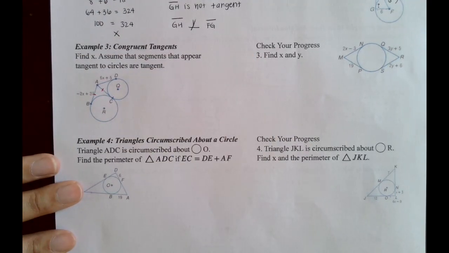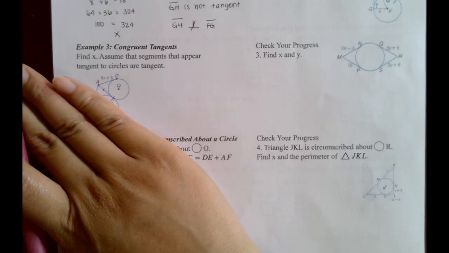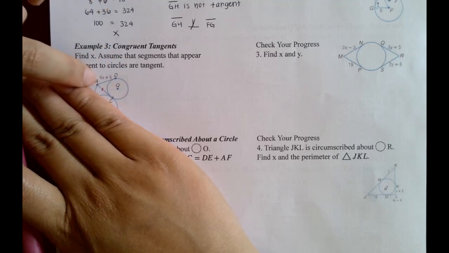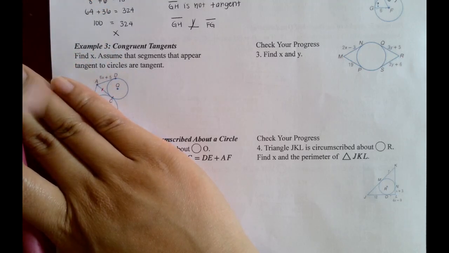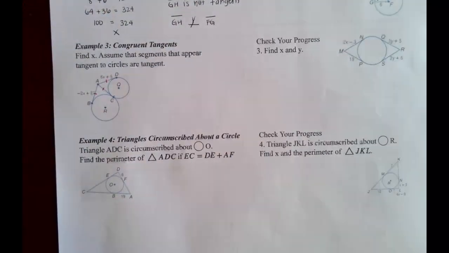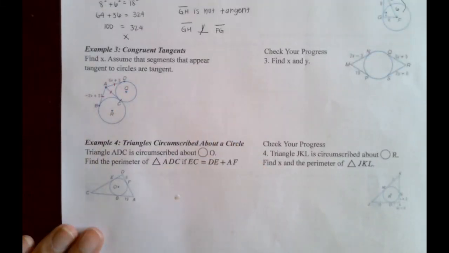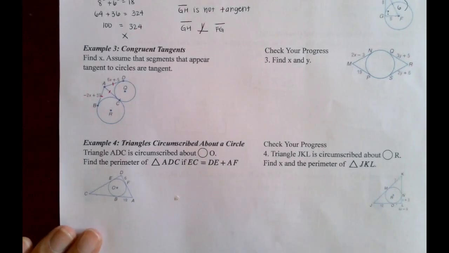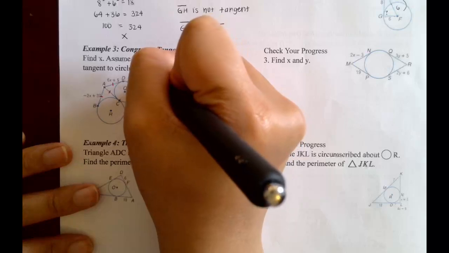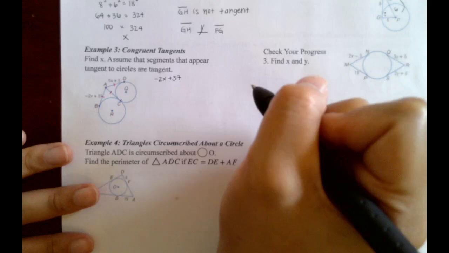Then, looking at this circle, note that these two lines are tangent to the circle Q, and they also meet out here at A, so this segment and this segment would be congruent. As a result, if this is congruent to this, and this is congruent to this, then by the transitive property, these two are equal to each other. That would mean that negative 2x plus 37 will equal